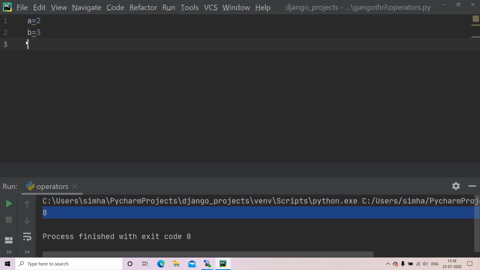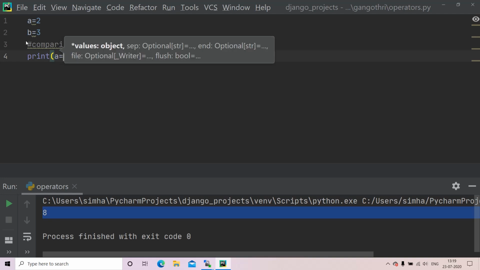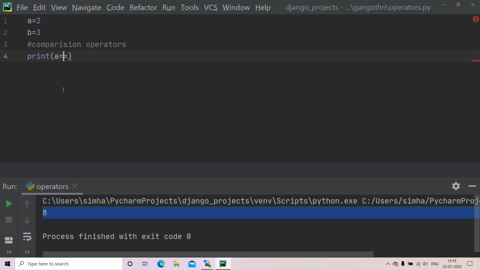Let a and b be the same values. Let us see comparison operators. Okay, the first comparison operator is equal to. In Python, to check whether two values are equal, we give the equal sign twice.